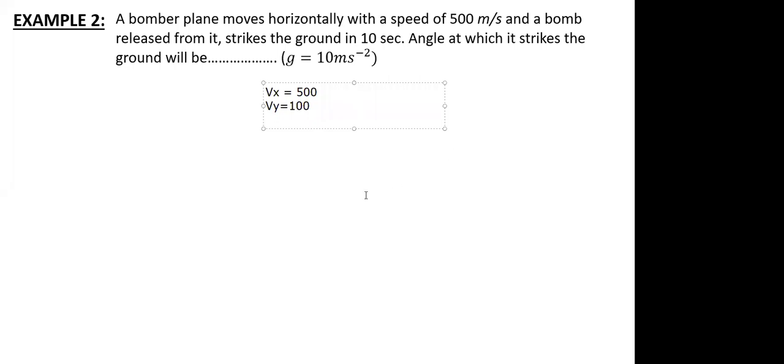Okay, so that was a pretty quick one. Whenever you need the angle, I just need the components. Once I know the components, I can use the trigonometric tan as vertical by horizontal. And the last question was just related to your time of flight. There we applied the formula h is equal to half g t square to get the value of time, and then time was used in the formula for range, r is equal to u t. Then we got the value for range. So direct substitution of two formulas.